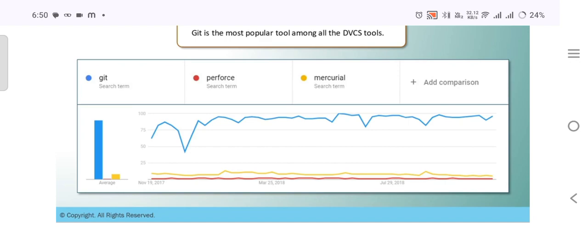This is a graph that gives you a comparison of the tools that provide you DVCS, distributed VCS facility. So you can see Git has a good market share, almost all of the market share is held by the Git tool. It is very popular among all the developers and collaborators, and there is one more reason why Git is so popular, because it offers